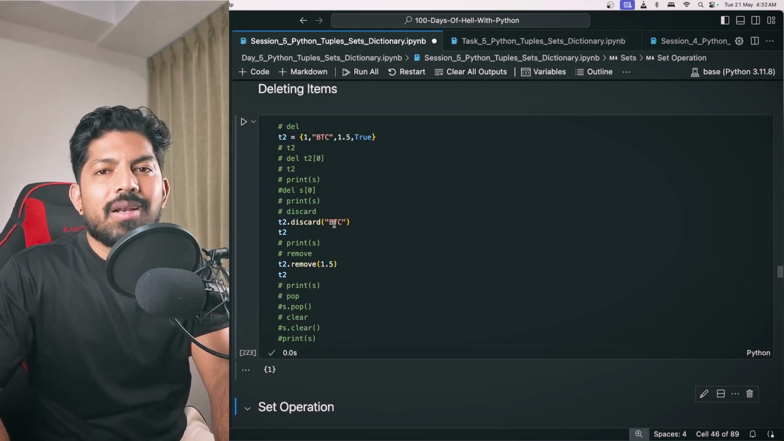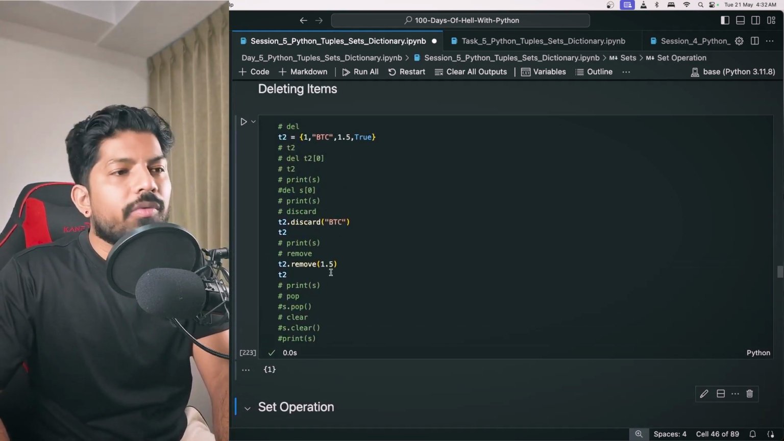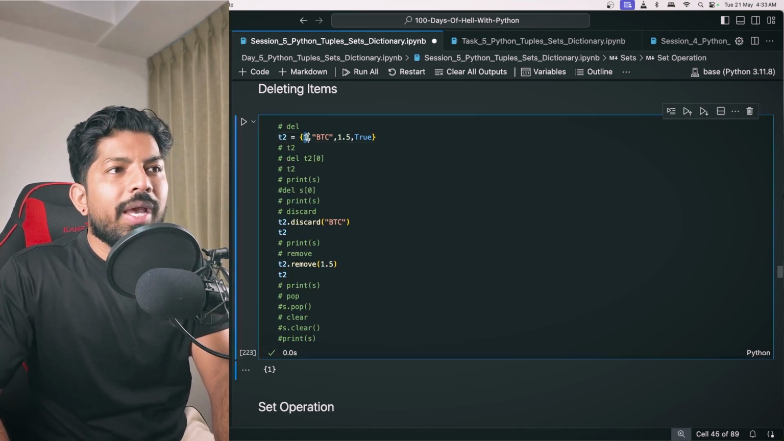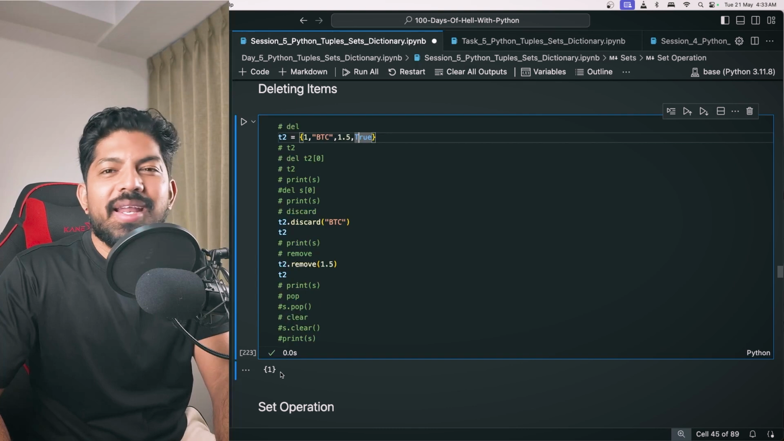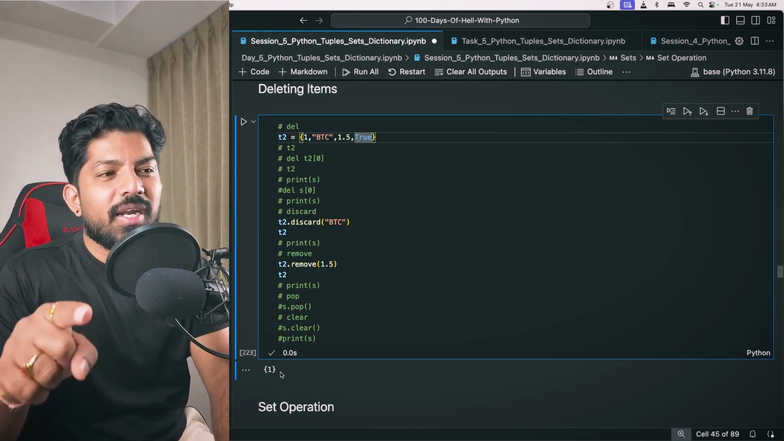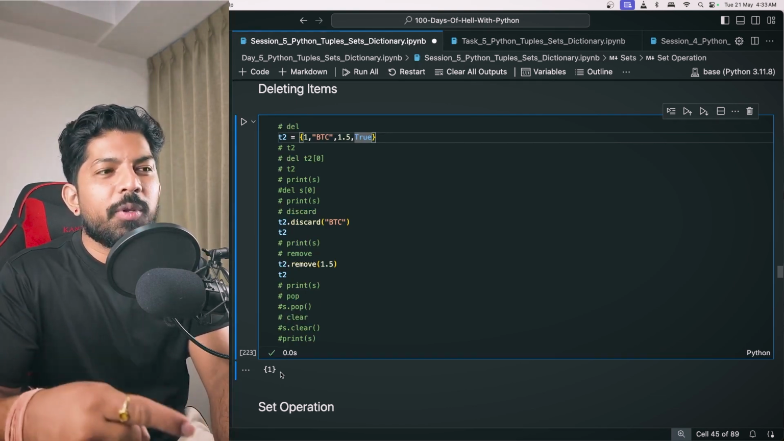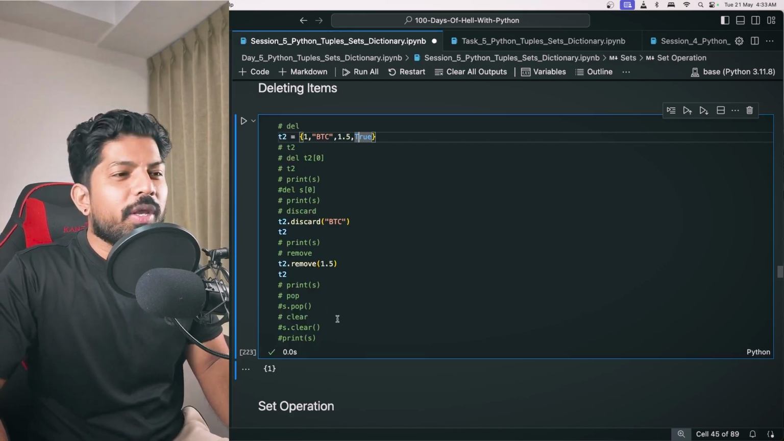So because discard removes the BTC and the 1.5, and we know that we have this 1 and true, but I don't know why we are getting the error that I'm only getting 1. So it's your question, it's your challenge, that you have to let me know why the true wasn't displayed here. Okay,